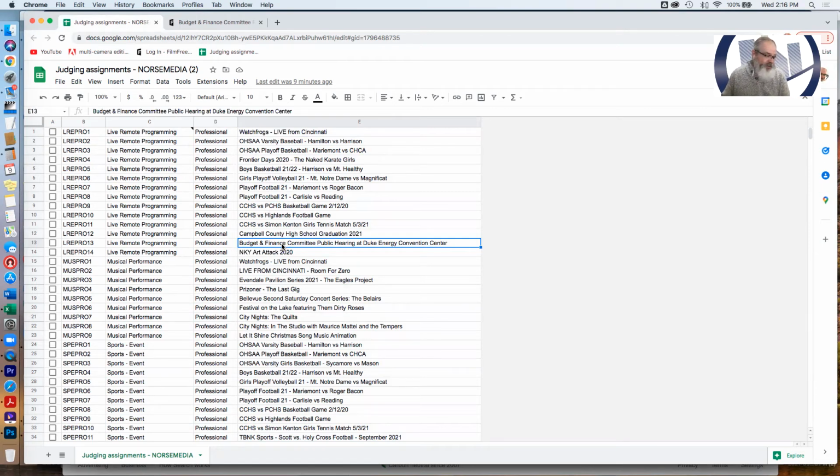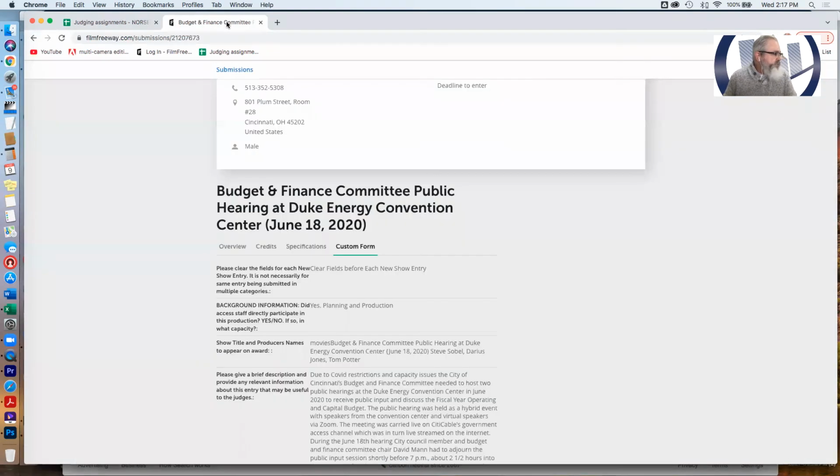So the first thing I'm going to do is highlight that real quick. I'm going to click on this ID number right there. That's important. I'm going to need to use that when I start judging. So I'm going to go ahead and copy it. Again, that's the beauty of having the spreadsheet on my computer. Go back over to the submissions,